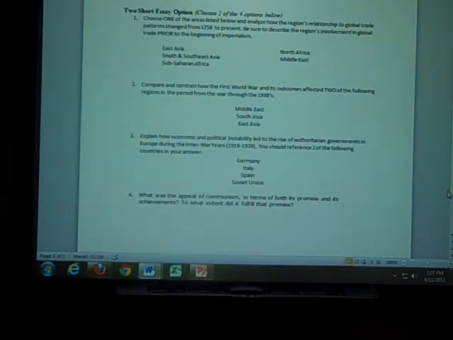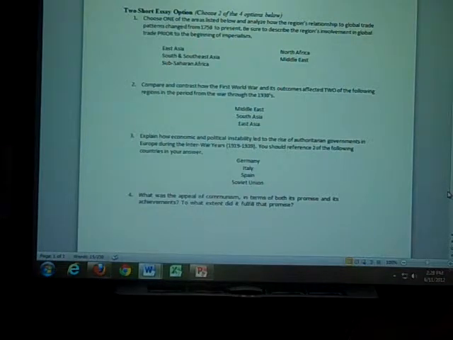Some of the good things would be the rise of social equality, the fact that everyone was provided an education. You know, having a capitalist society isn't always the best thing. We have an increasing gap between the haves and the have-nots, and that didn't really exist under communism. Now granted, everyone in communism was more of a have-not than a have, but you didn't really have those tensions going on.